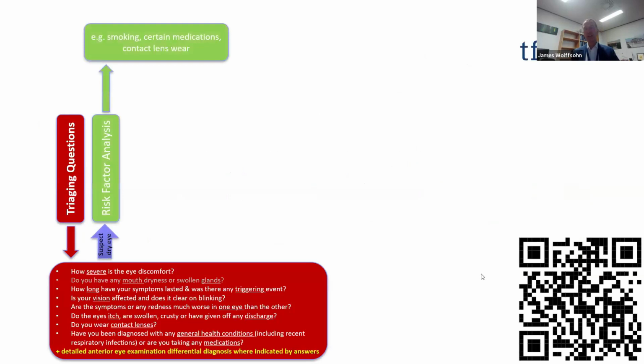And then also risk factors. So this is where we're looking at some of those factors which might cause dryness. And this is where digital screens also comes into your questioning. So you can find out some information such as what kind of screens they use, what sort of distances do they use them, and that will help with your mitigations afterwards.